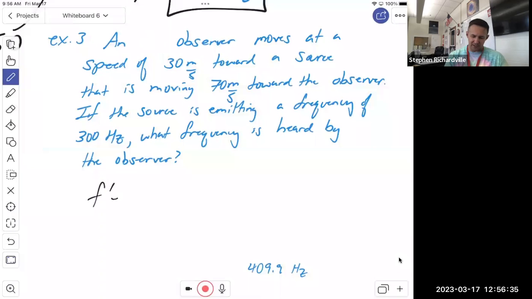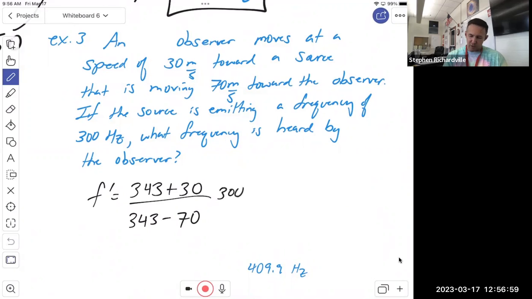Okay, so once again, F prime is equal to V, 343. Since the observer is coming towards me, that's a positive, it's plus positive 30 over 343 minus the source is coming towards me, towards is positive. So I'm going to leave that number as positive 70. It's still minus in the equation